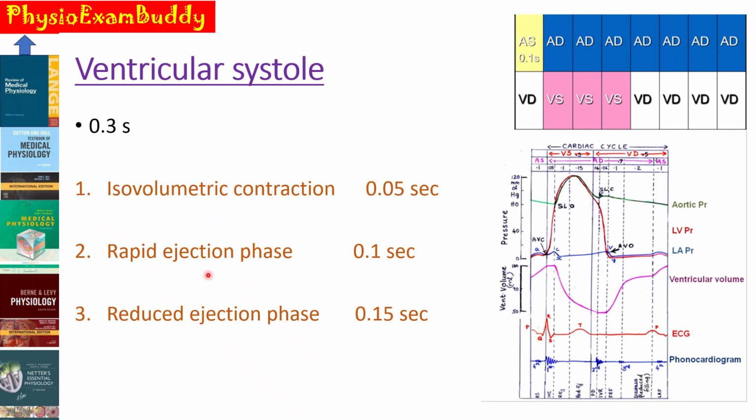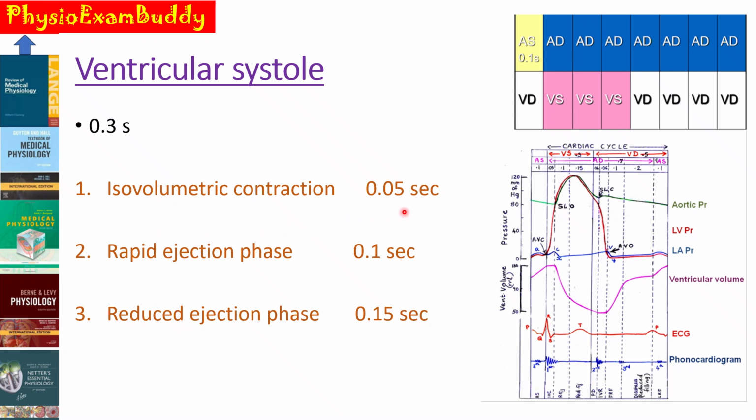Next is about the ventricular systole. So we are moving on to the ventricular cycle. First, we will see about the ventricular systole. The duration is around 0.3 seconds, and we can further subdivide the ventricular systole into the isovolumetric contraction phase,